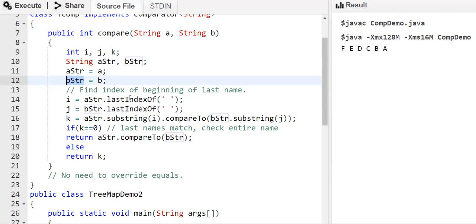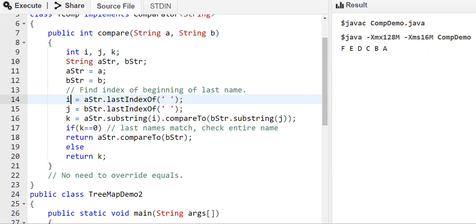last name. So for that, we'll use A string dot last index of space, given as an empty space. So this will take the last part of the string and its index is returned. So here i will be holding the first one and j will be holding the second one.